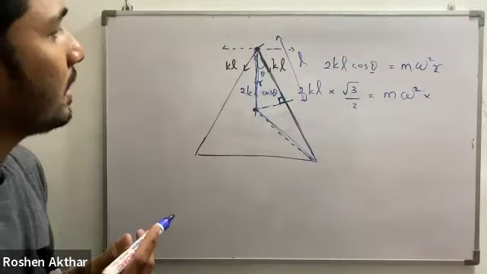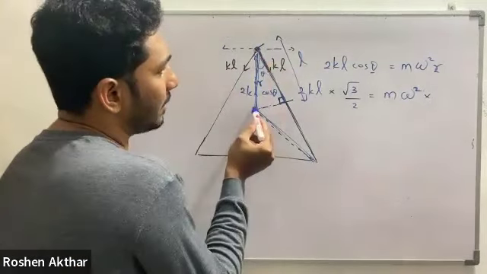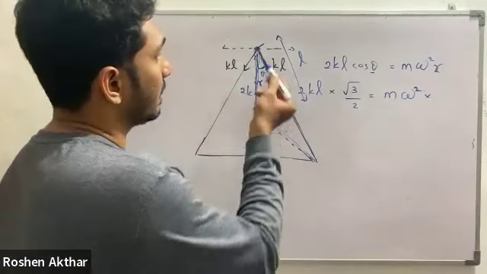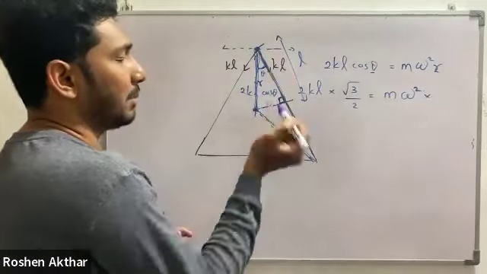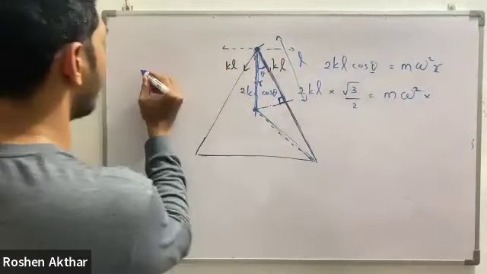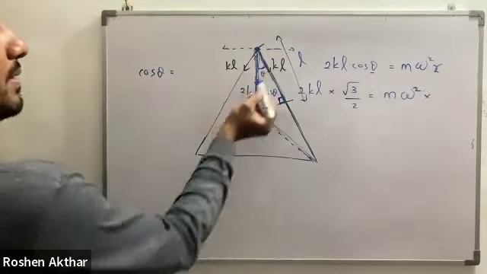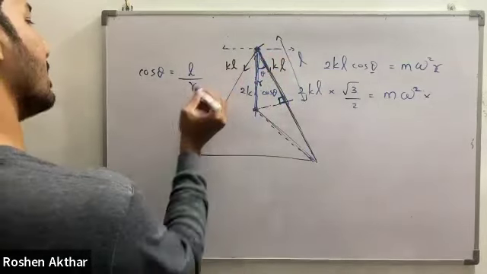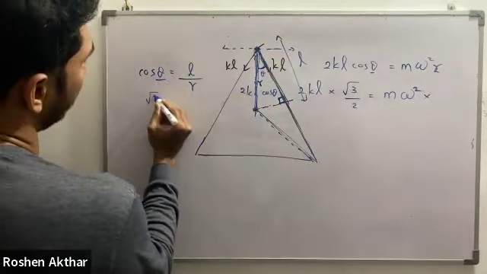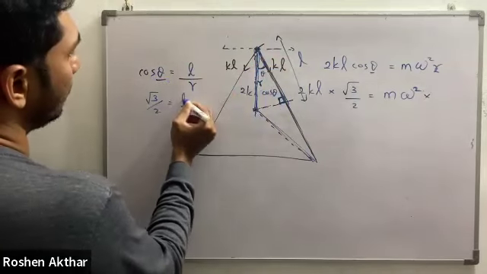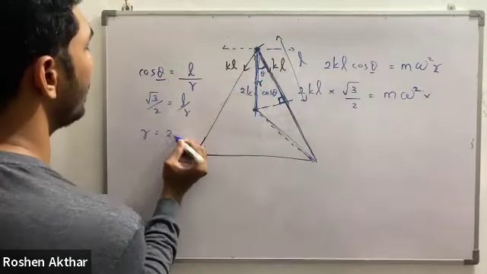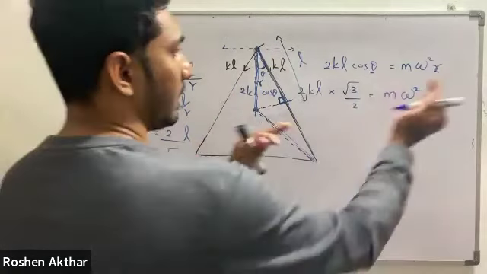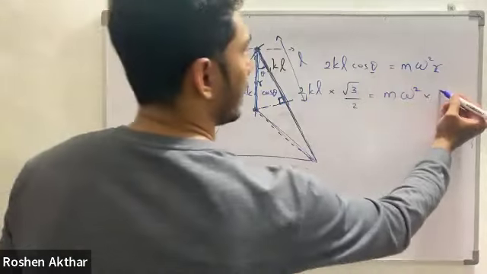Okay. So you can find out this R using this angle, right? You can use, this is adjacent side, this is hypotenuse. So you can use cos again. So cos theta is equal to adjacent side, which is L, hypotenuse, which is R. So this is cos 30, right? So square root 3 by 2 is equal to L by R. So R is equal to 2L over square root 3. So I'm going to substitute it here. So 2 divided by